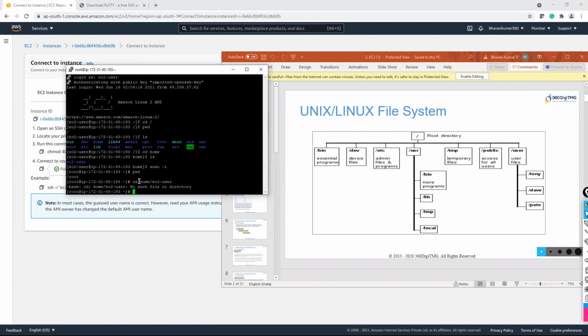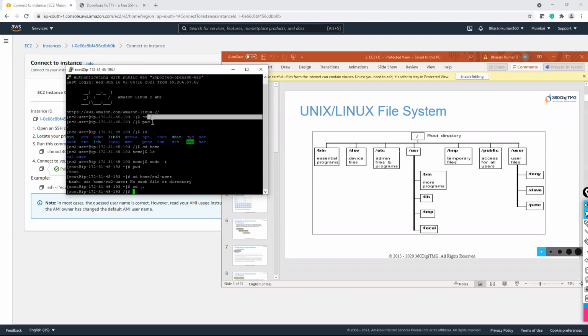So if I want to go to this path, I should always go back to my parent directory. Either you can say cd space slash or cd space dot dot. You'll go one step backward. That means your root or parent path. Then I'll say cd home, ec2-user.